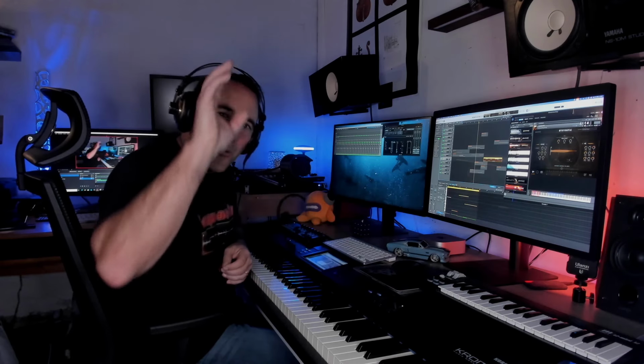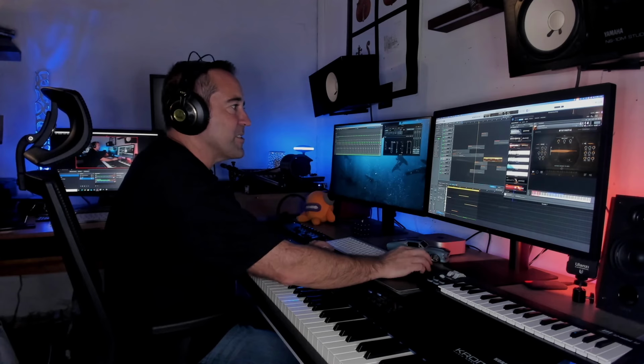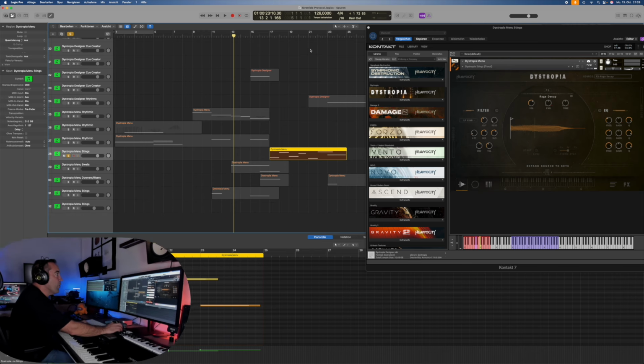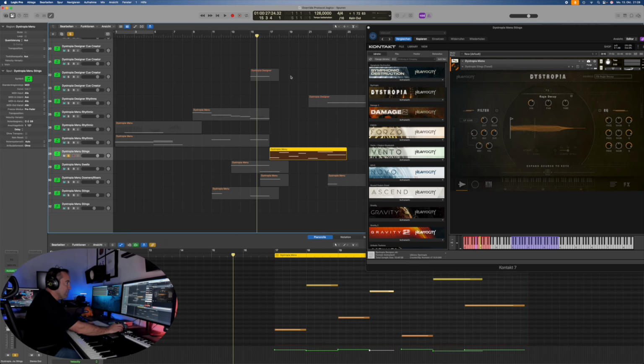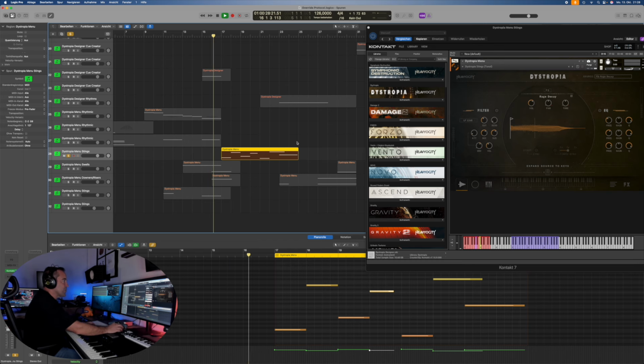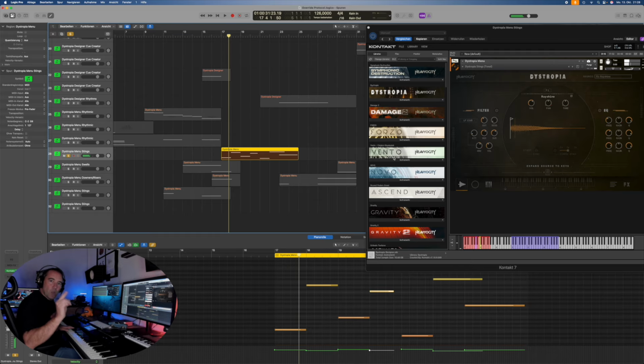I mean, you know how much I do love the Heavyocity libraries, and that's one of the reasons. So there is this menu with all the stings and hits and stuff like this, and the very first sound is just this one, deep one. What's so cool about those menus is,